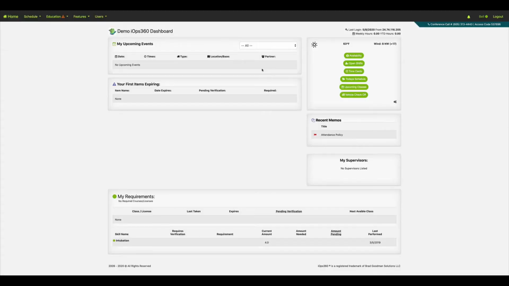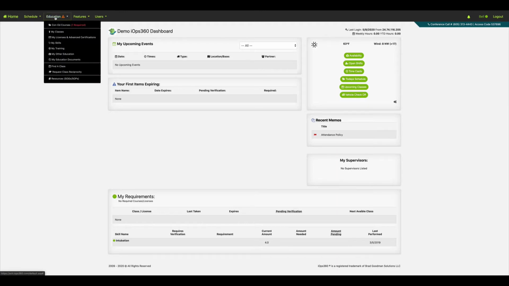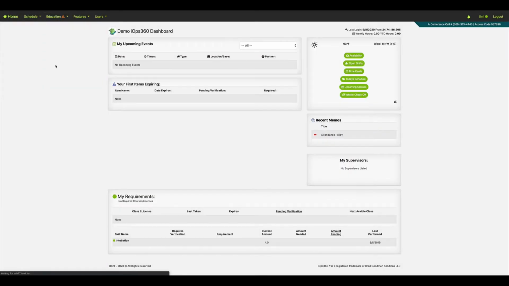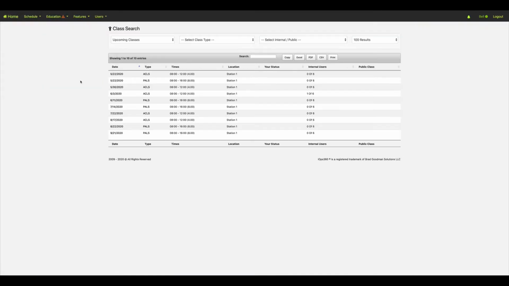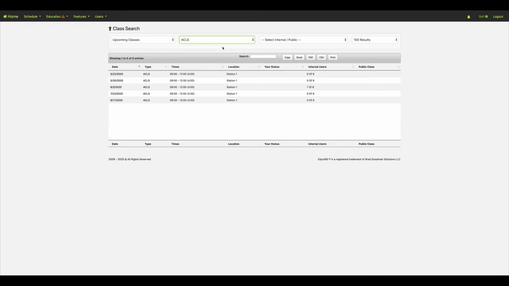So first we're going to talk about how to sign up for a class. All you have to do is go to the education drop down here, and go down to find a class. You'll see that there are a lot of classes here, ACLS and PALS. You can select between here if you want to filter out just one particular class, and you can choose, we'll